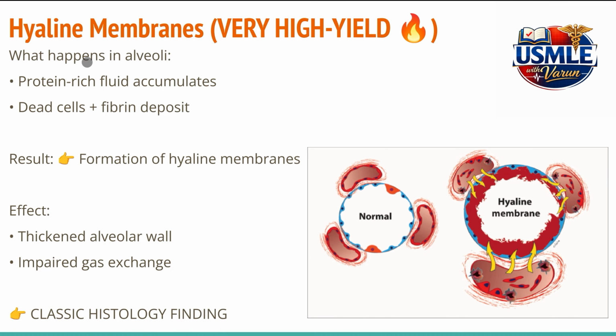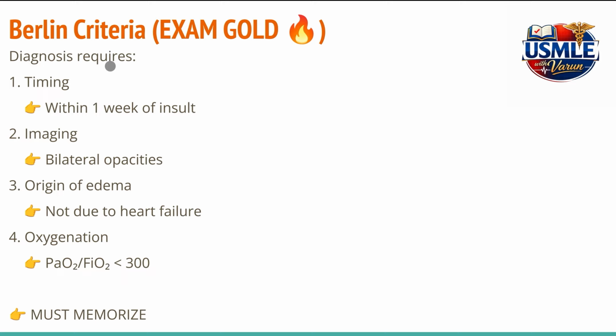As the disease progresses, the leaked fluid combines with dead cells and proteins like fibrin, and this forms structures called hyaline membranes along the alveolar walls. These membranes make the diffusion barrier thicker, and eventually oxygen cannot easily pass into the blood, and diffusion impairment occurs. For diagnosing this, we use the Berlin criteria, and the criteria consist of